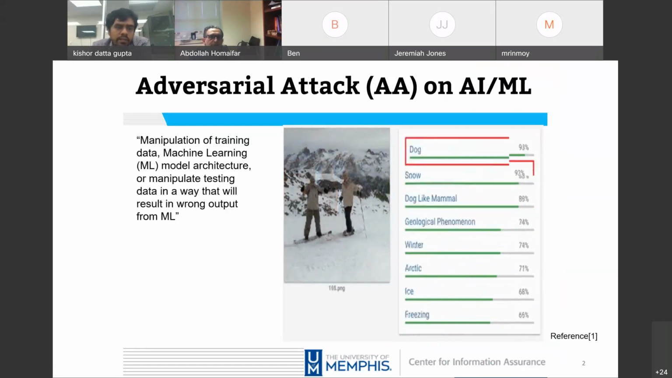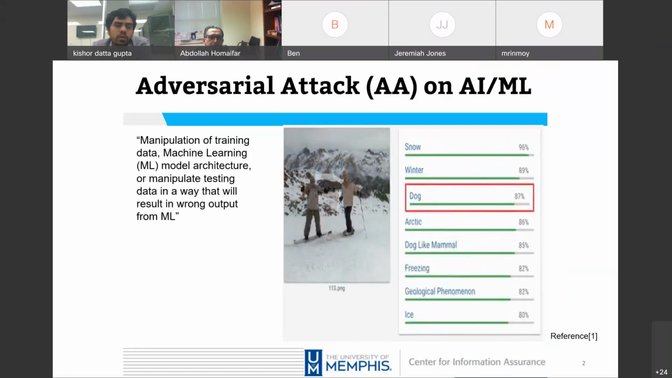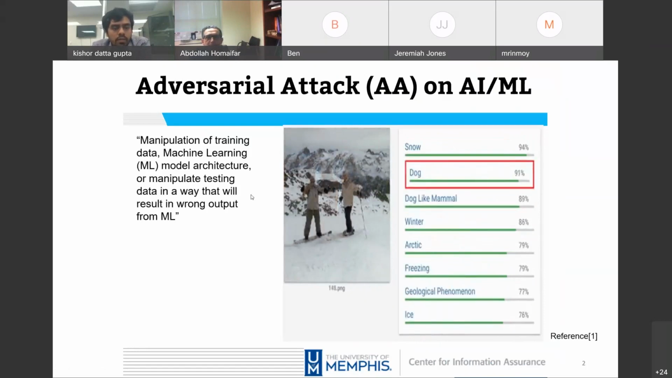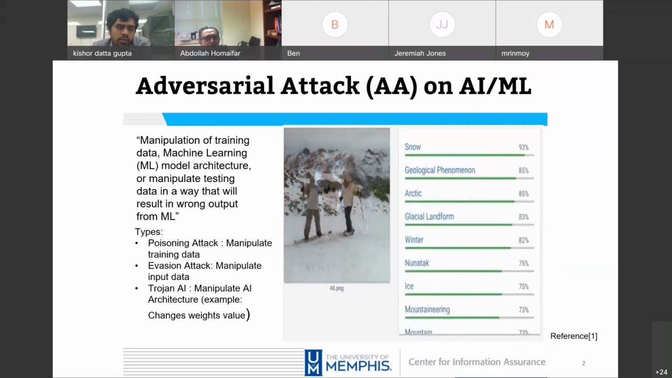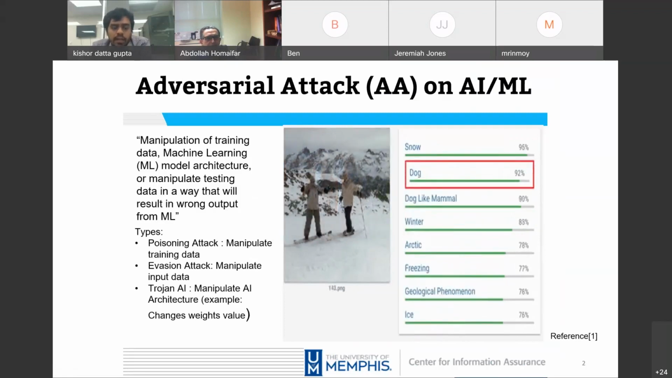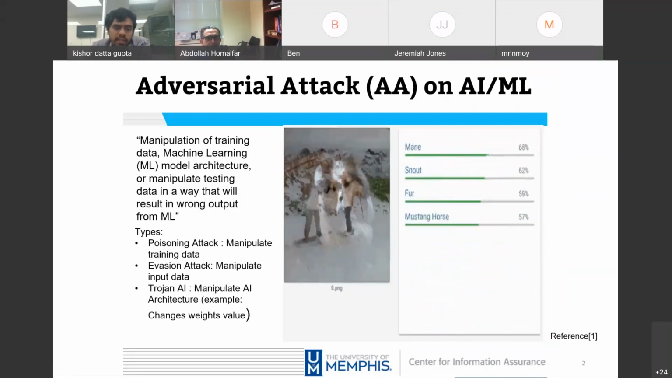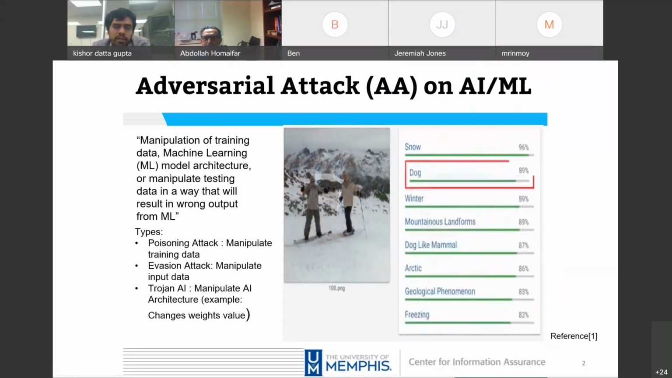From the NIST definition, adversarial attack can be defined as manipulation of training data, machine learning model architecture, or testing data in a way that results in wrong output from ML. From this definition, we can classify adversarial attacks into three types. One is the poisoning attack, which manipulates the training data. Another is the evasion attack, which manipulates the input data at runtime or deployed time. Another is Trojan AI, where a backdoor is created in a machine learning model, which is activated only when a specific